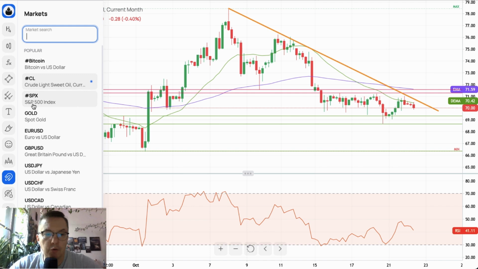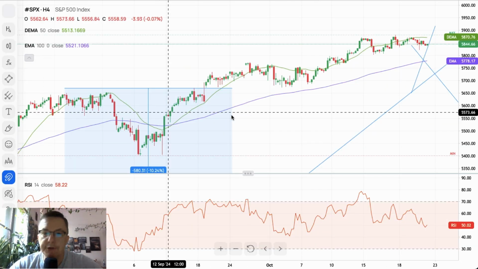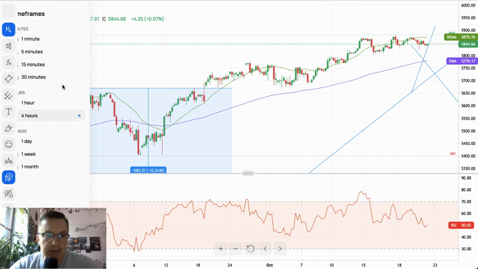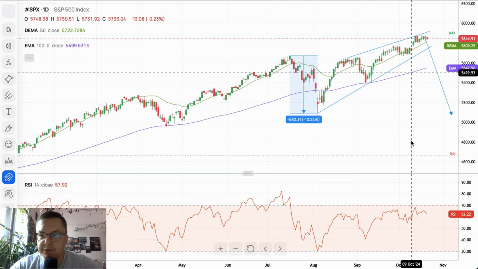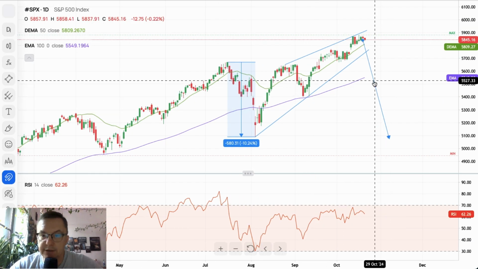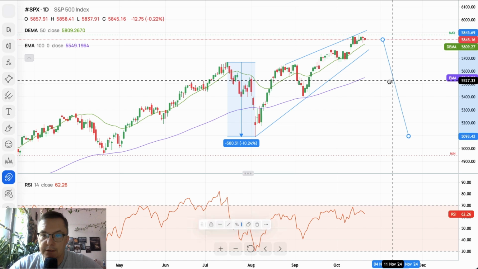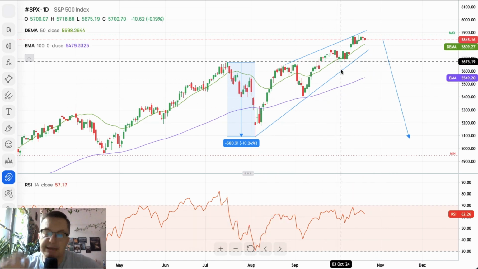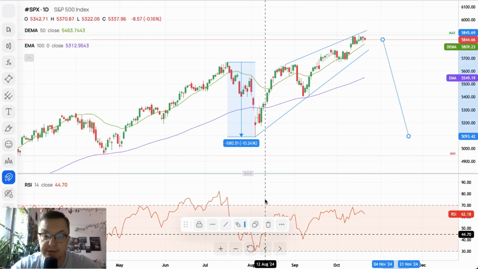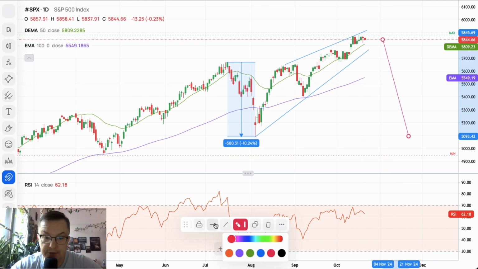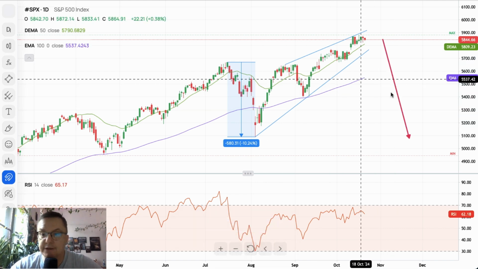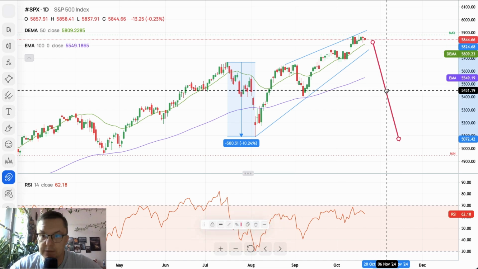Now, what we should speak about today is the S&P 500. Let me just switch to daily because it's much more visible. There you go. The S&P 500 is finishing this possible ending diagonal triangle that will eventually finish with this movement to the downside. I should make it red, and I should make it thick as a brick,